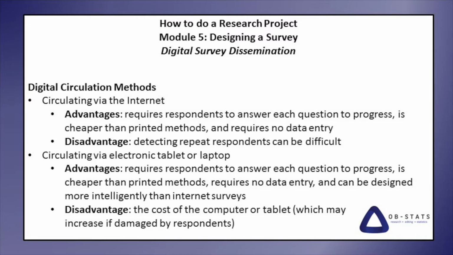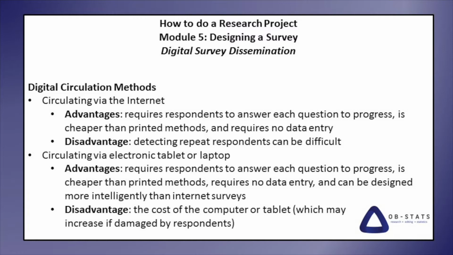When circulating a survey via an electronic device such as a tablet or laptop, an advantage is that, as with the internet survey, data is already in an electronic form and requires no manual coding. This method shares many of the internet survey's other benefits as well. Additionally, this type of survey can be designed to be more intelligent and dynamic. A disadvantage, however, is the cost of the computer or tablet, which may exponentially increase if any of the recipients